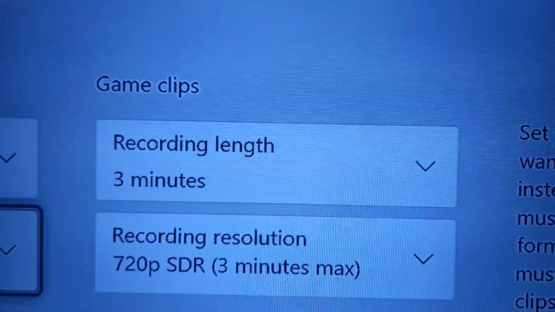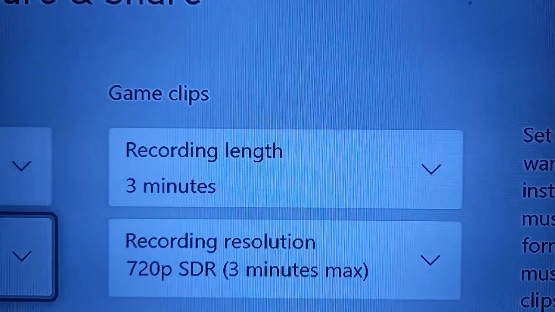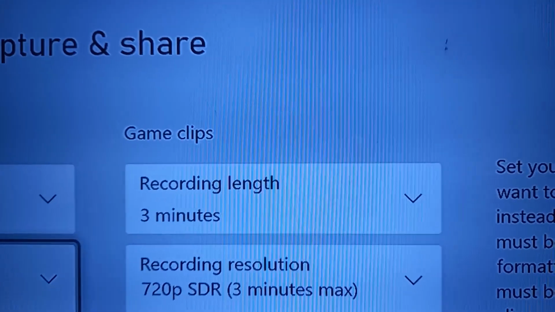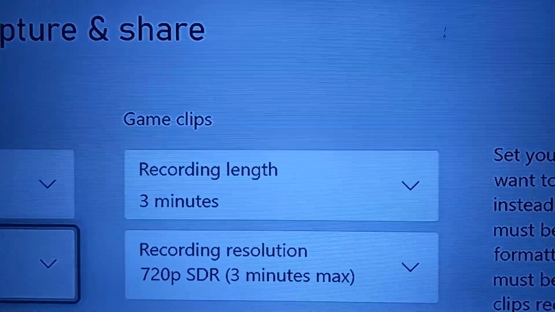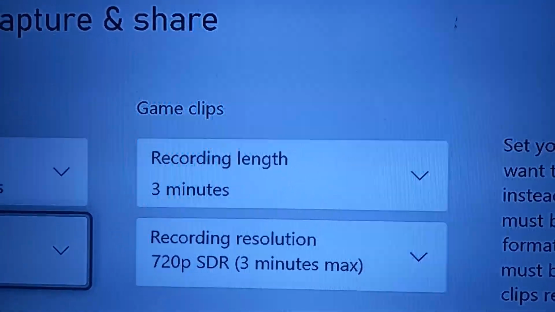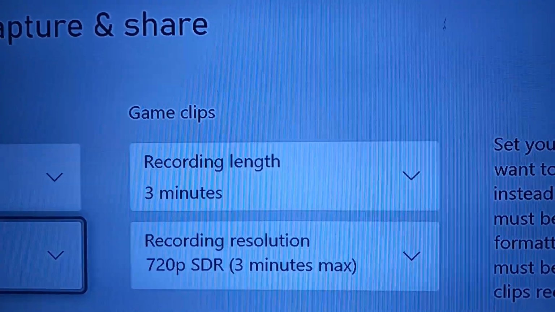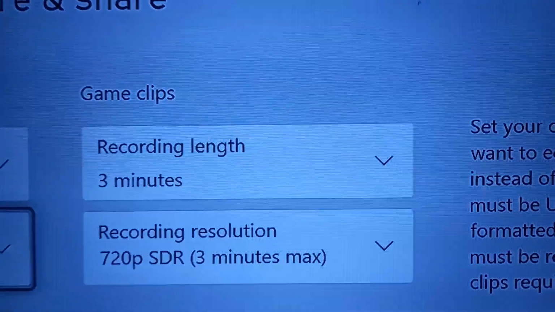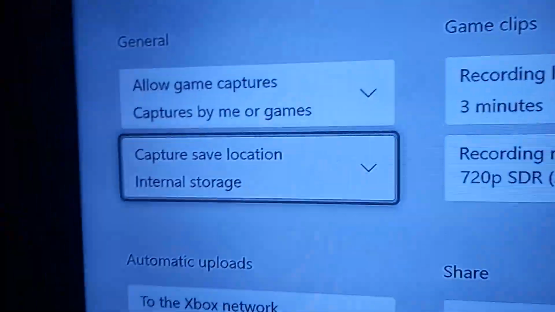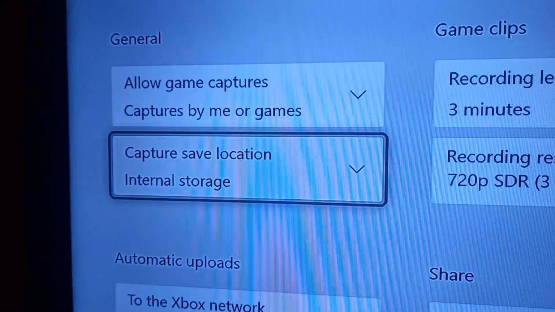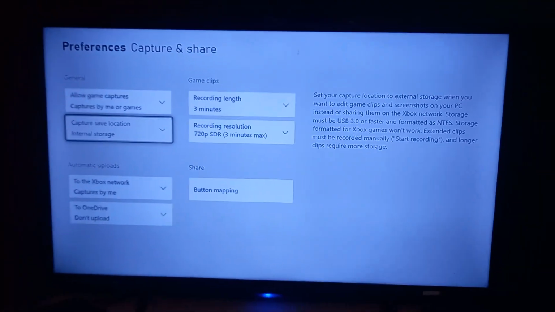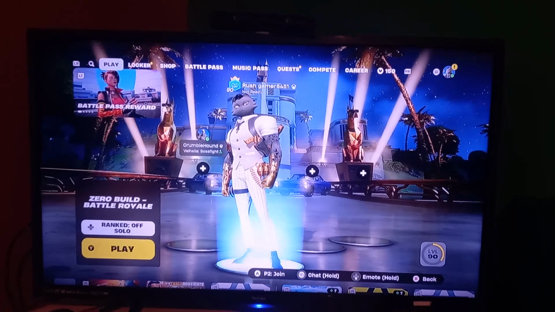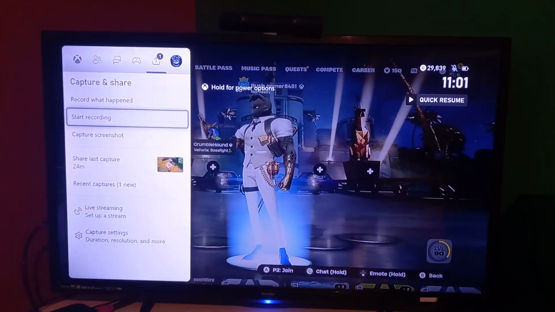So I was a little confused in my previous video. I thought that this 3 minutes meant that I could only record 3 minutes of game footage, and I was a bit annoyed because it's gone from 10 minutes down to 3 minutes, and that is not right. You can see there that it says recording length is 3 minutes, save location is internal. So if we go back to the game and then hit the record button, or go into the record option,